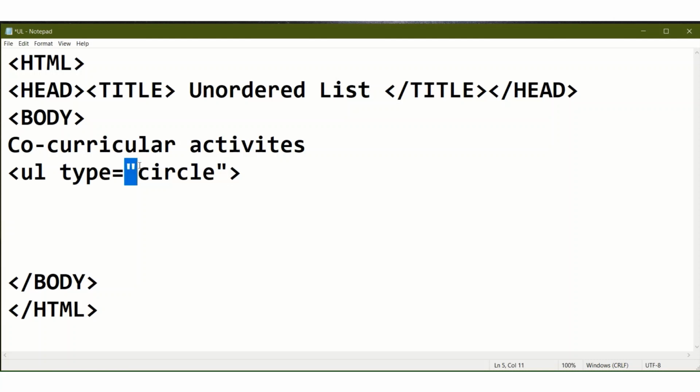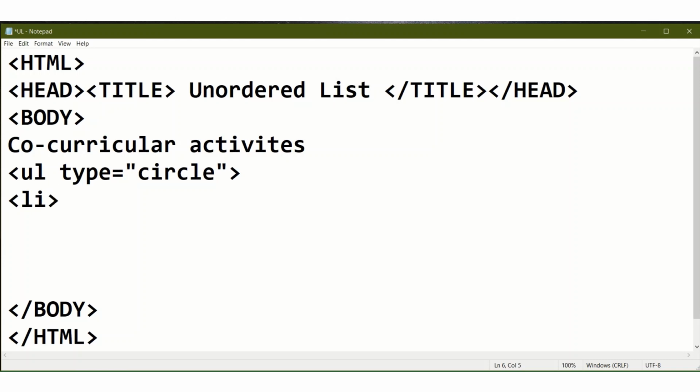The attribute value you have to write within double quotes, and then go to the next line using li. Li means new line tag. So in li I am writing the name of the co-curricular activities.